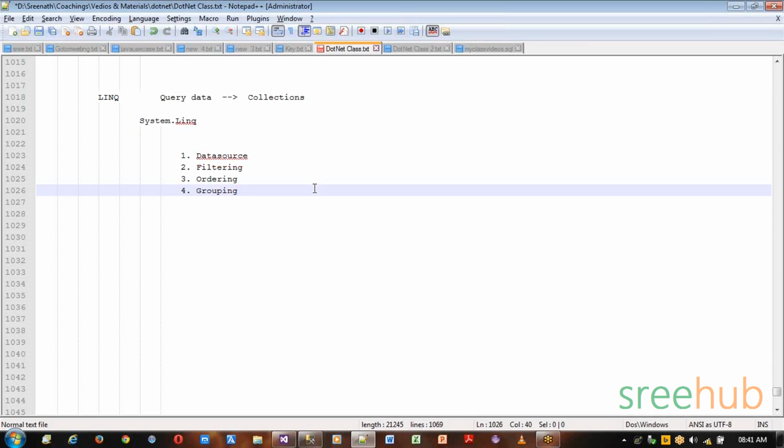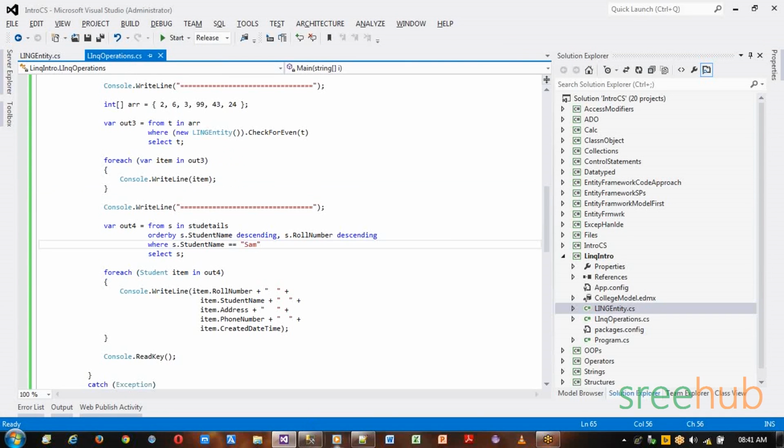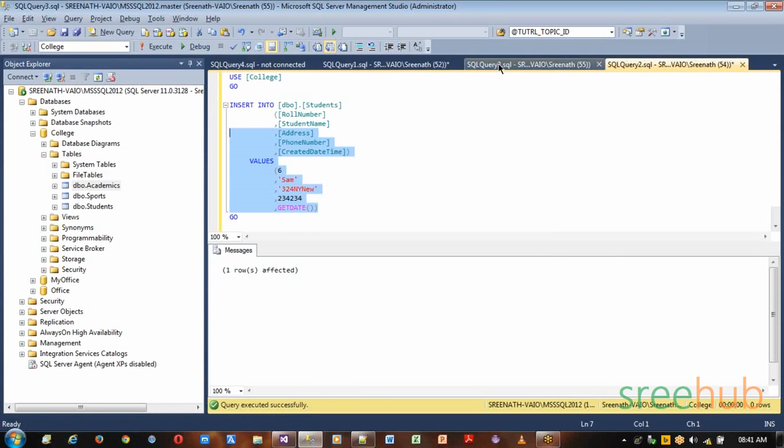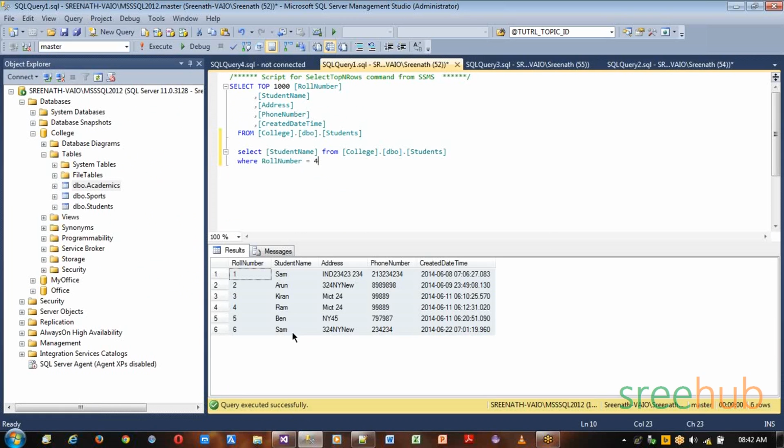Right? Because we also have something called join, a very important part. Now let's see how we do grouping here. Grouping is nothing but, now you will understand why I have created multiple Sams here. You can see there are 2 different students with the name Sam, right? I can group this, which means group by student name, let's say, right, then it will